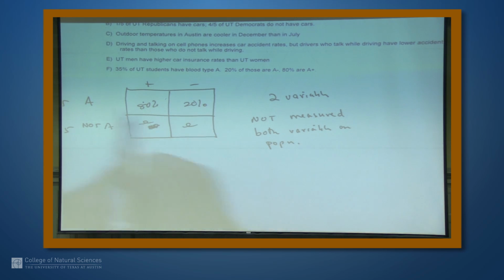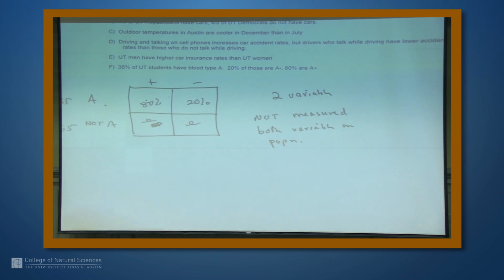Right? So the only place we have the second variable measured is if you're A. We do not have enough information here either. So most of you got this answer right. Now, whether you went into this depth, I don't know. But once again,